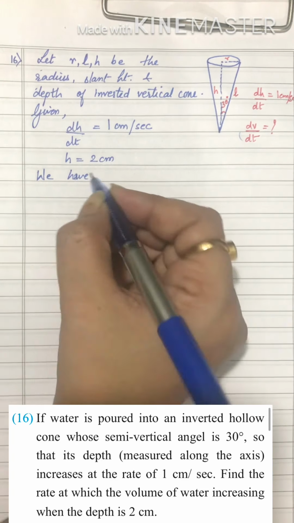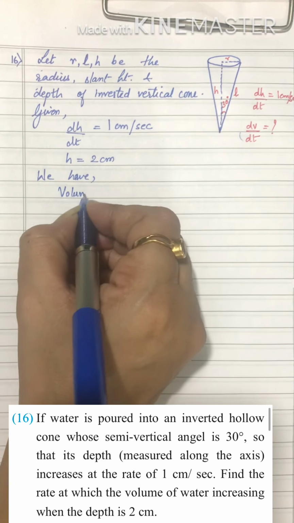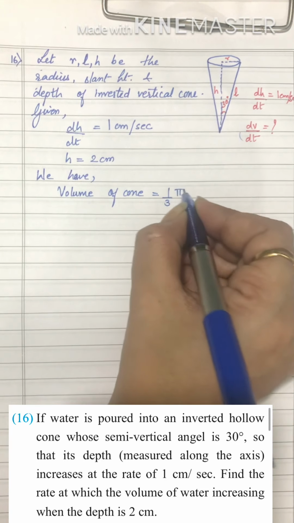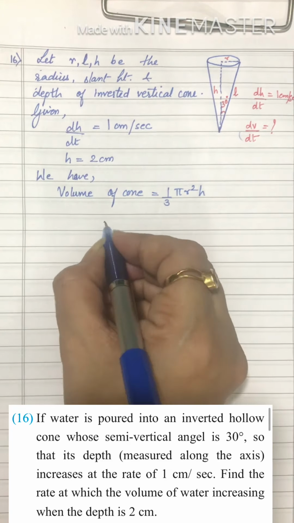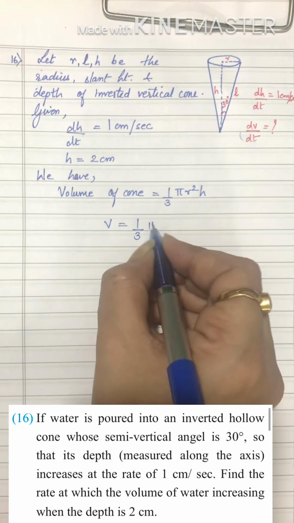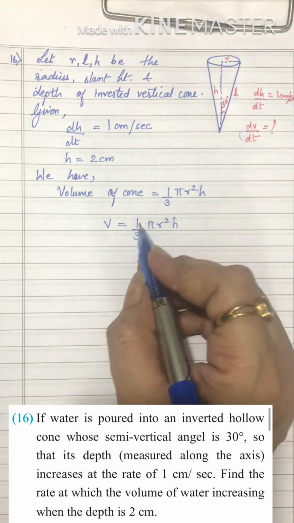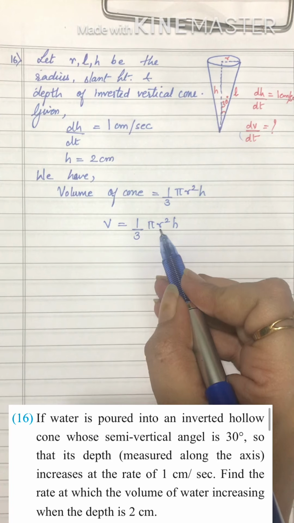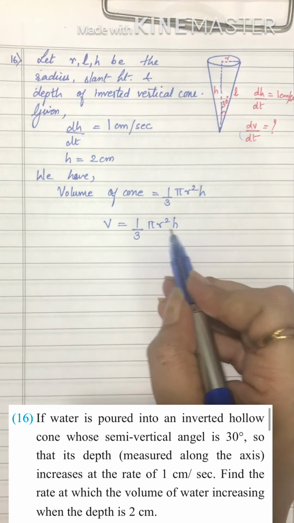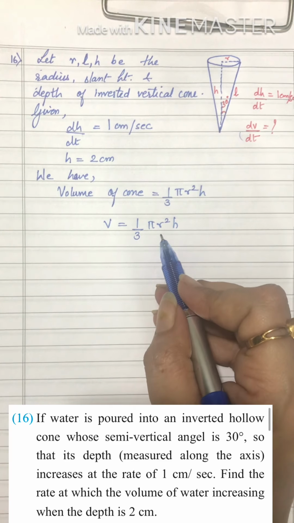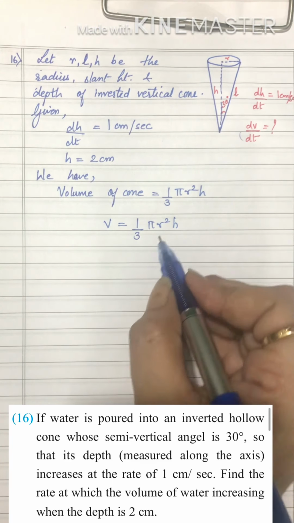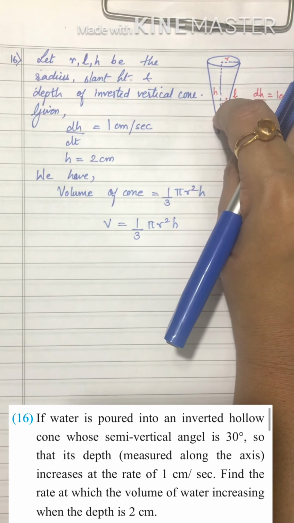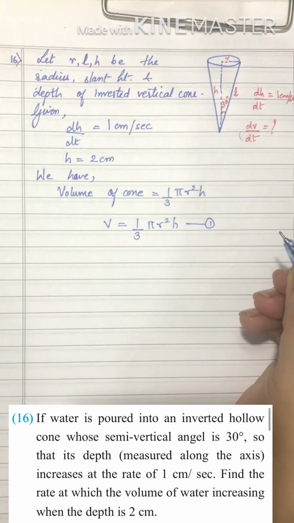So next we have volume of cone given by 1/3 pi r square h. I'll write it as V is equal to 1/3 pi r square h. Now one thing here, children, if you are differentiating next with respect to t, in RHS check out r square and h both are variables. So from this, any one can be treated as variable while differentiating. So what we do, we will convert one in terms of the other. Now check the figure here. First of all we'll number this as 1.